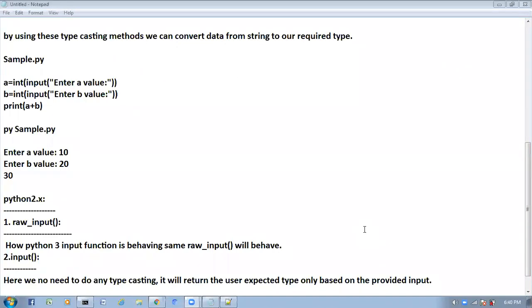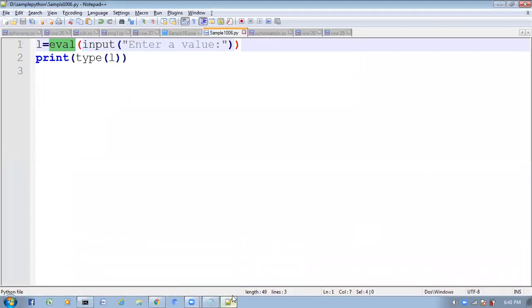Here is a small analogy. I'll write one small program for better understanding of the input function. I want to read customer information from the keyboard and display that customer information on the command prompt.